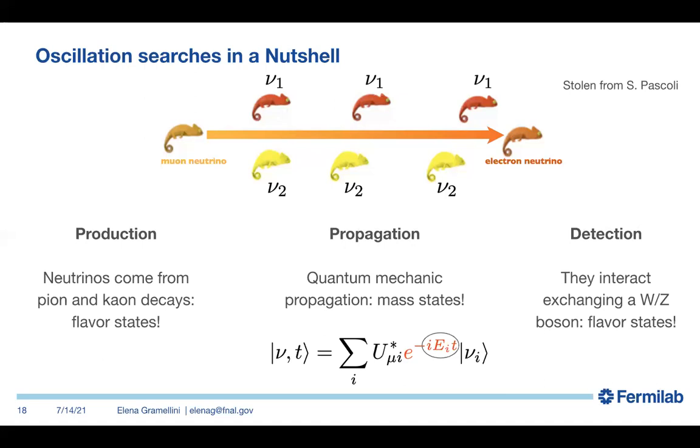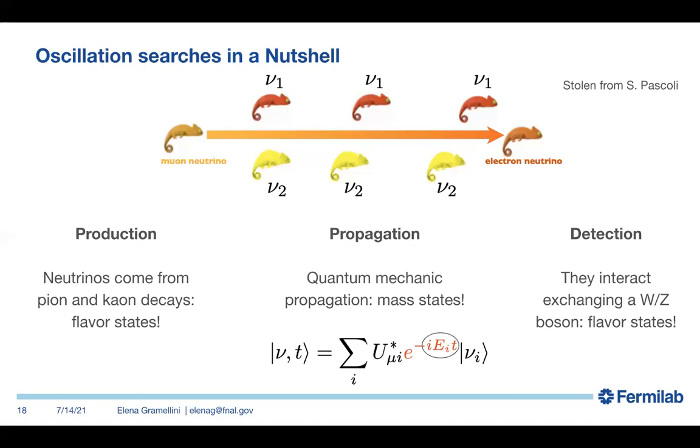When you start producing neutrinos in a beam, your neutrinos come from the decay of pions and kaons. So their flavor is locked in. You need to conserve flavor, so when your pions and kaons decay into neutrinos of a given flavor,